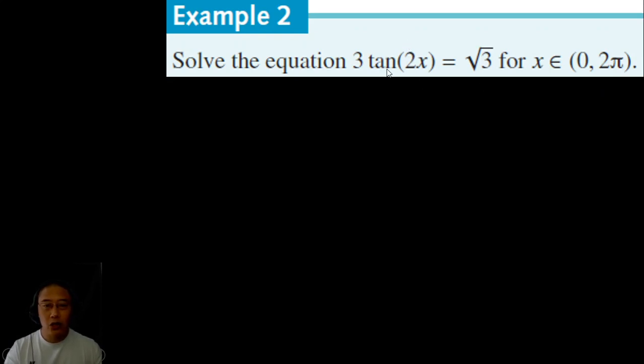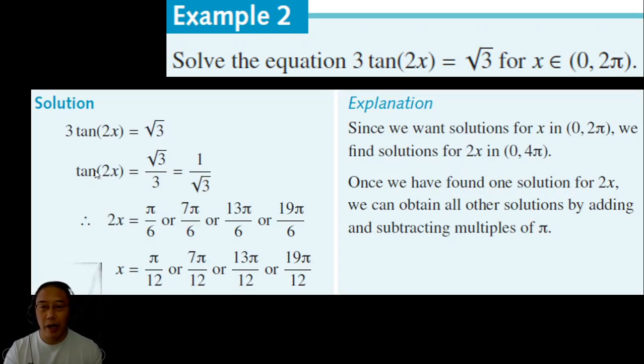You make your tangent the subject, which is what we have. We have tangent of 2x is root 3 on 3, or 1 over root 3. Find the equivalent exact value, which is tangent of pi on 6. And then we make 2x equal pi on 6, which is the one in the first quadrant. This one is pi plus that angle, so that's your theta. That's your third quadrant, and the others are due to the